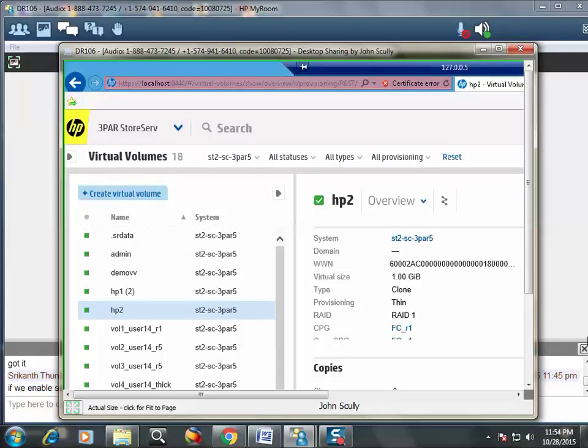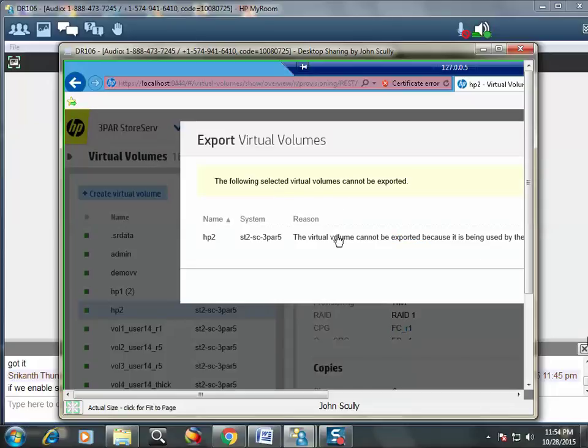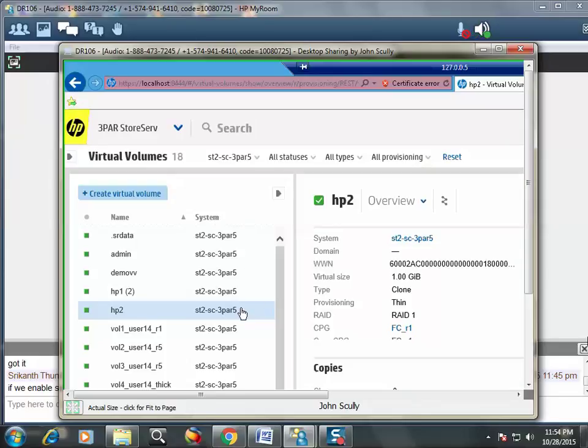It's the clone of HP1. It's going to say, I can't export it because it's being used as a clone. So let's say you want to use this clone and you want to export it to a host. Watch what I'm going to do. You have to